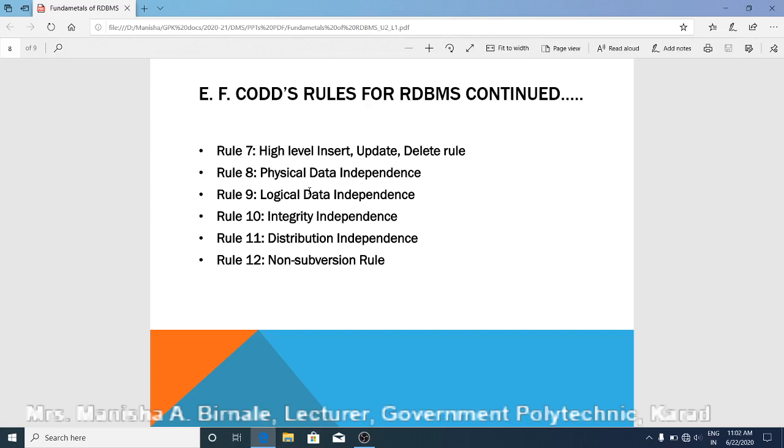Then rule 10 is integrity independence. One should be able to modify integrity constraints without the need for any change in the application. Integrity constraints are rules which should be followed by the database.